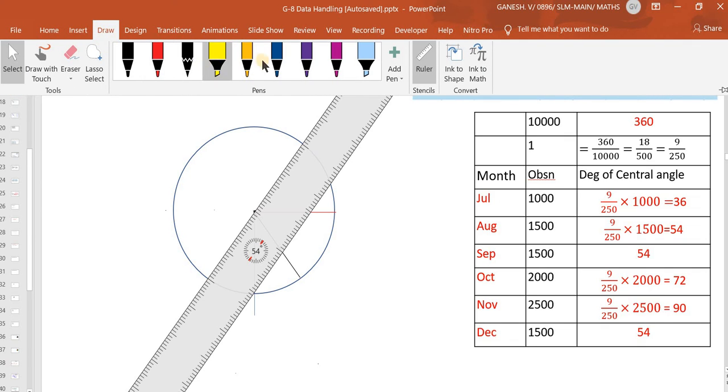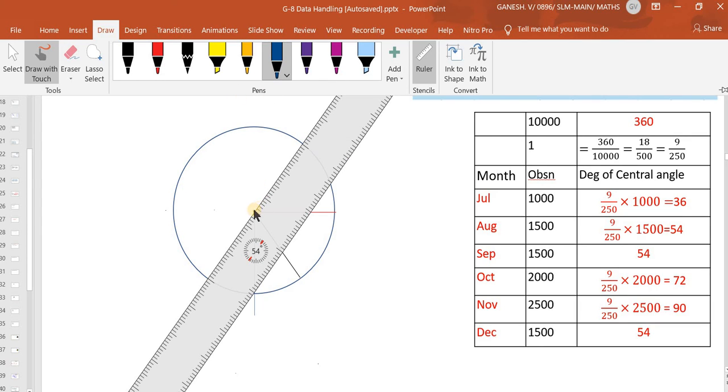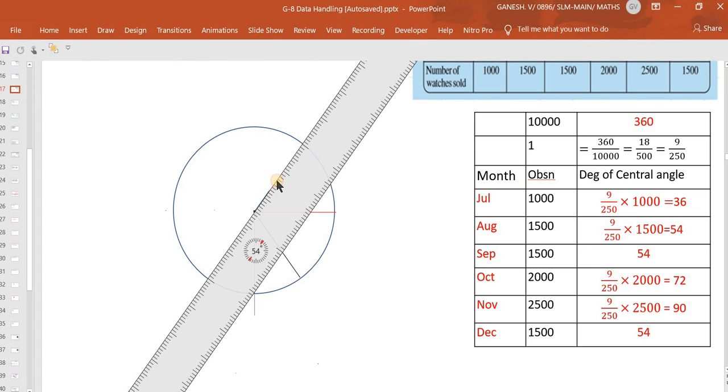I'll take this blue color. The thickness is 50 mm; I'll make it 25 mm. After that I'll draw this radius. The third radius is drawn now.